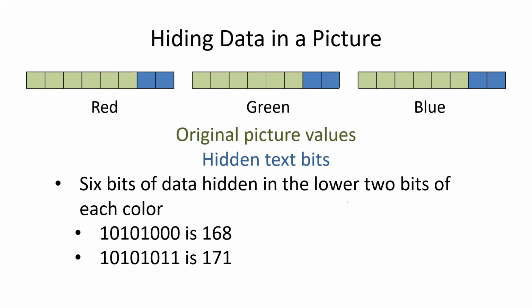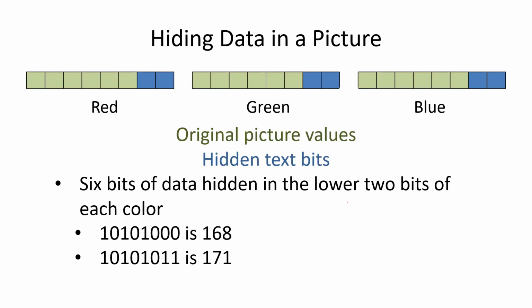In other words, if you change just the rightmost least significant bit, you change the value only by 1. If you use 2, you change it by 4. So here's some examples of 8-bit values. You can see in this case, an 8-bit value runs from 160, if you made it 101010 ending 00, or ended at 11, it just ranges from 168 to 171, which is not a lot different. So the color produced where the red is 168 isn't a lot different from the one where red is 171.